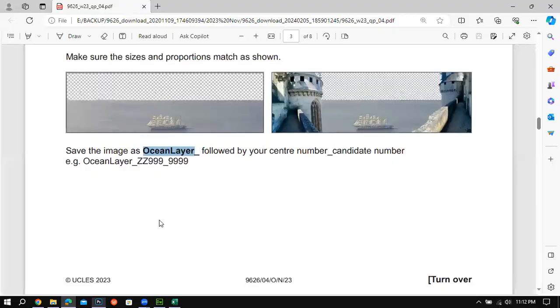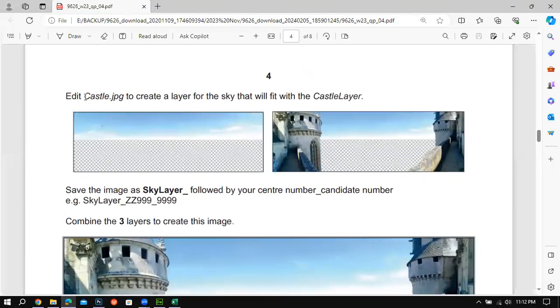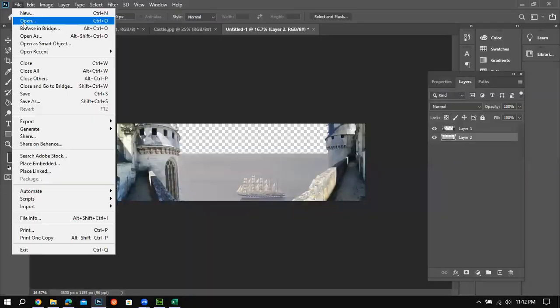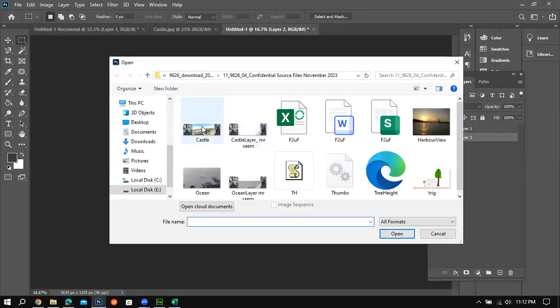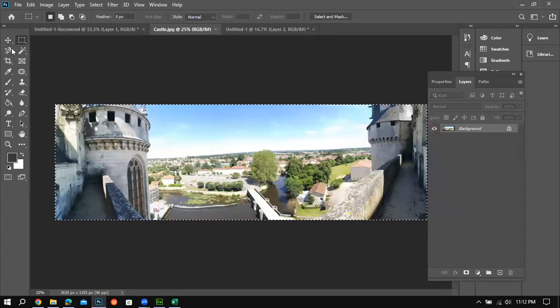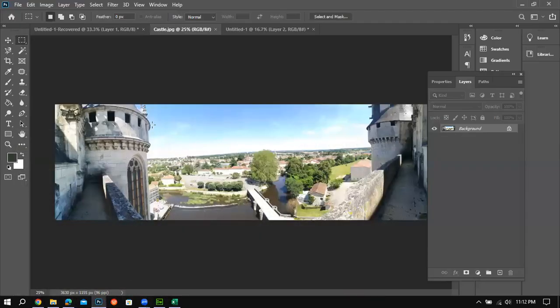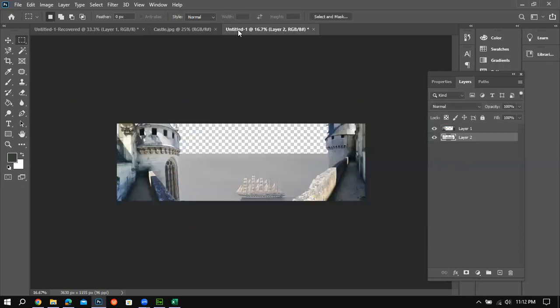Done. Next, what we have to do is edit the castle JPG to create a layer for the sky that will fit it. So we have to fit the sky at the right top. It's very simple. So all we do is we simply open this up, the castle image again. And all we do is, well, there are multiple ways of doing this. Frankly speaking, I should not have gotten rid of this. Well, still, we have an opportunity. What we can do is, since I have to fit this over here,